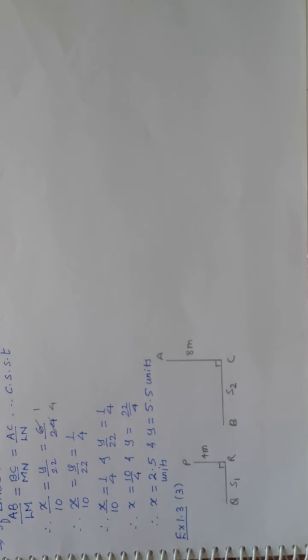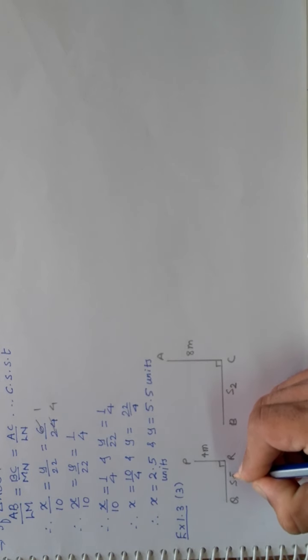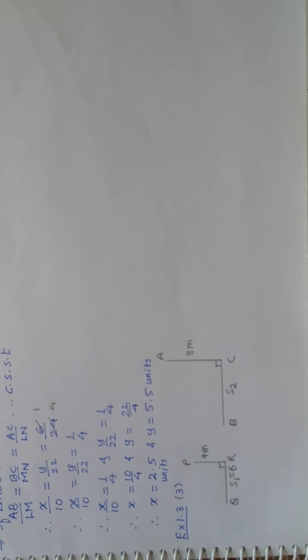But if you calculate the shadow of yours at 4 o'clock and your friend's at 5 o'clock, the ratio will not be the same, right? Because the sun position has changed, right? Now since the sun position has changed, the shadow will also change, the ratio also will change. So here the important part is the same time, that is, the shadow is calculated at the same time. It says that the smaller shadow is 6 meter, so that I am writing here.